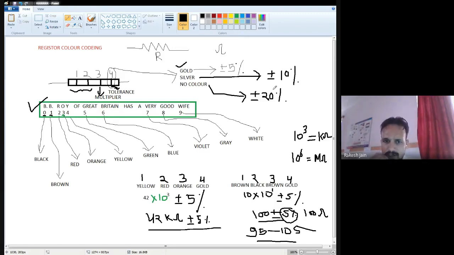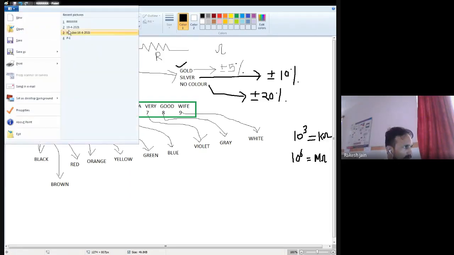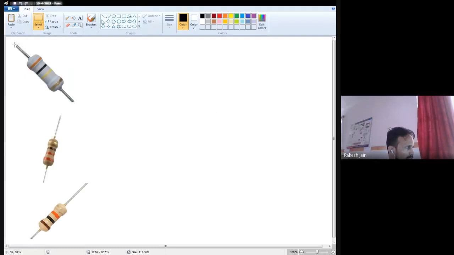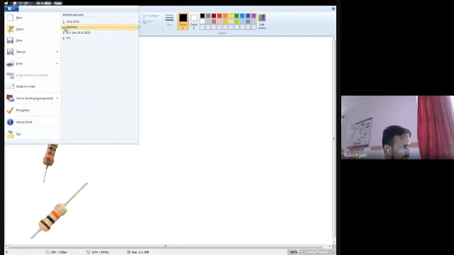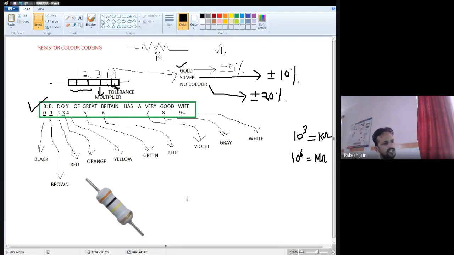Now I will show you the actual resistors and we will find out their values. Now see very carefully. I remove these two examples first of all and come with the help of a real example. Now let's suppose you have a resistor in your hand in front of you. Now I say, without the multimeter, find out the value of this resistance.